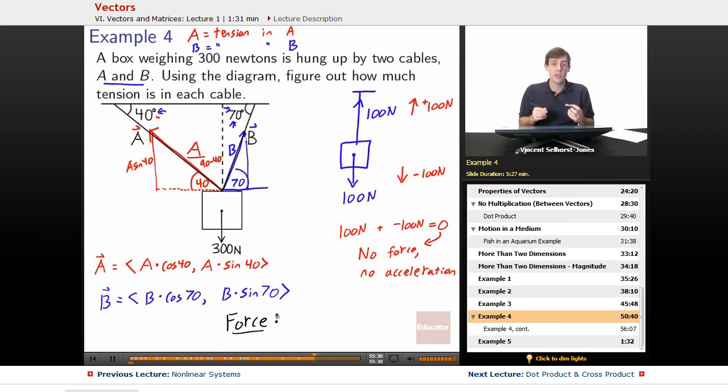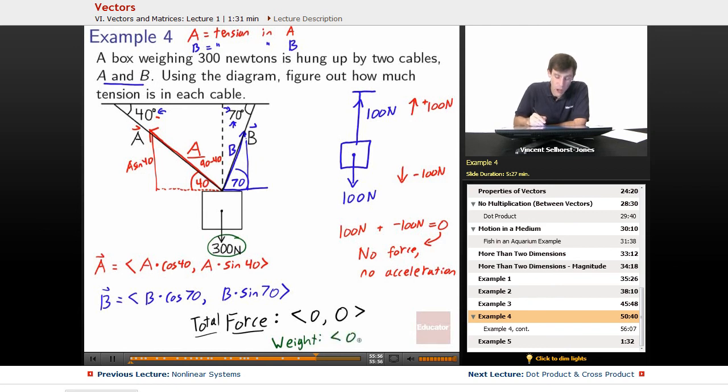Well, is the box moving up and down? Is it currently still? Well, it's currently still. It's not moving anywhere horizontally, and it's not moving anywhere vertically. So the total force, in the end, once everything gets put together, is not moving up and down and not moving left to right, so it must be 0, 0. And they did tell us one other piece of information, 300 newtons, the weight